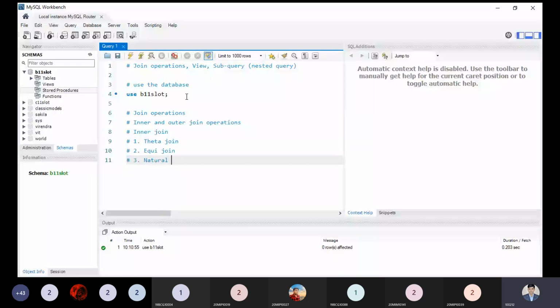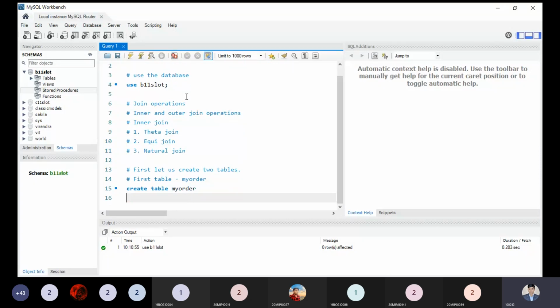So the question is, how do we apply the inner join on two different relations? Before applying the join operation, first let us create the two different tables which are required to make the relationship or join operation between them. First, let us create two tables. I am creating the first table, and I am giving it the name my order, as per my instructions.